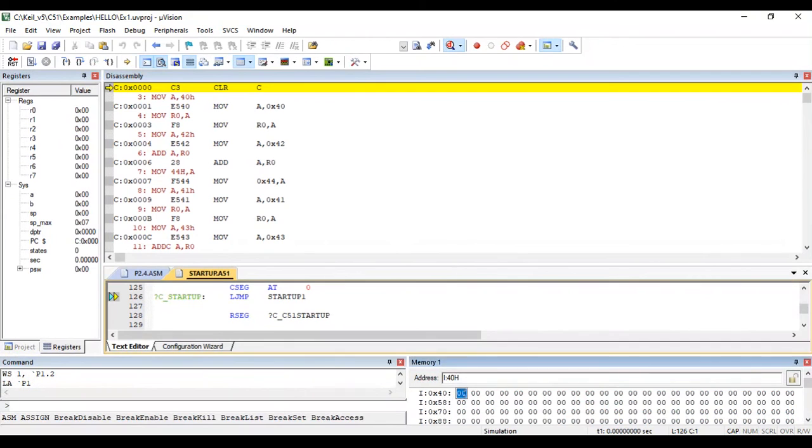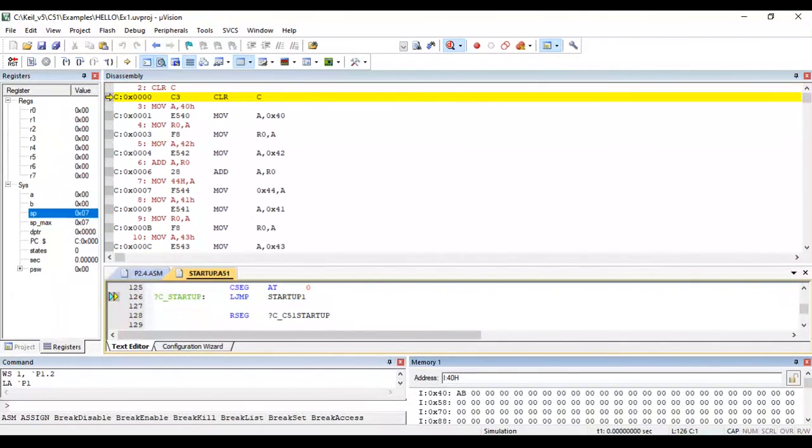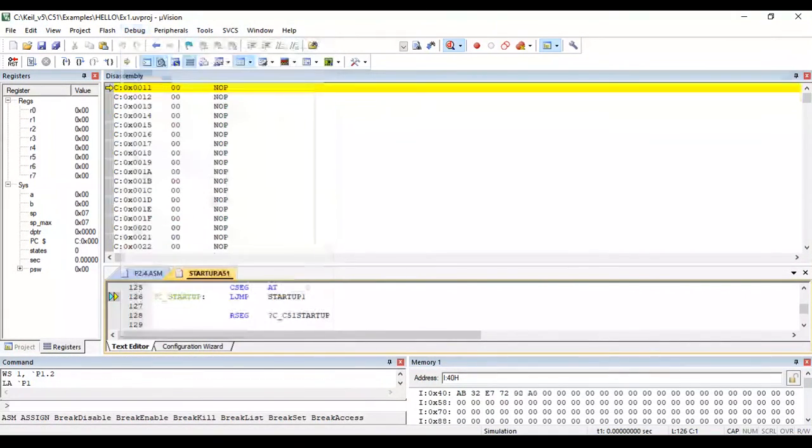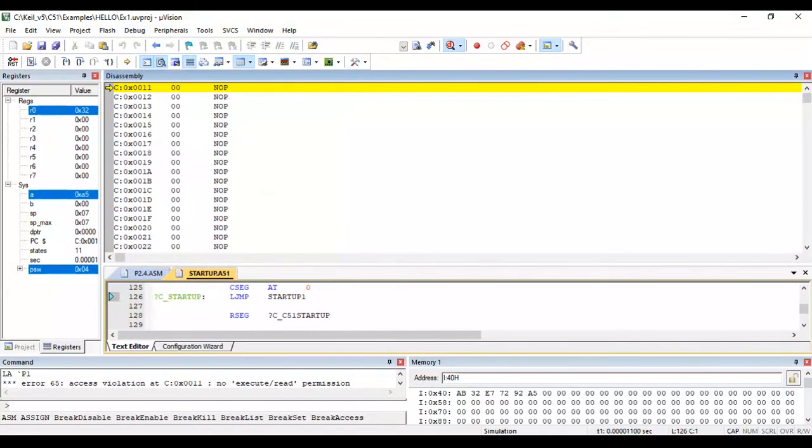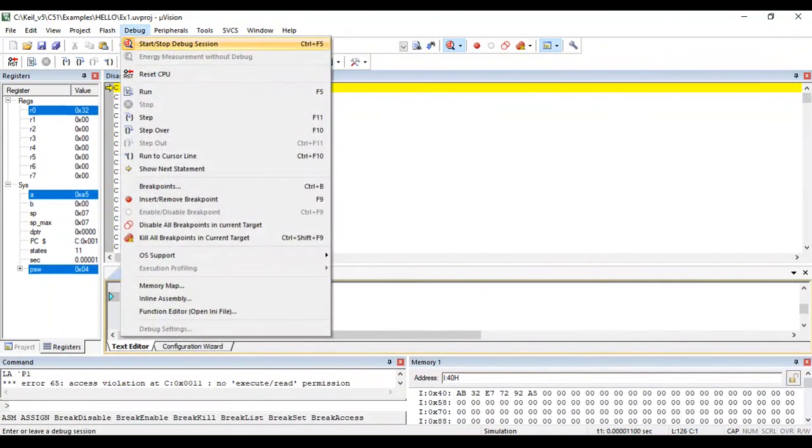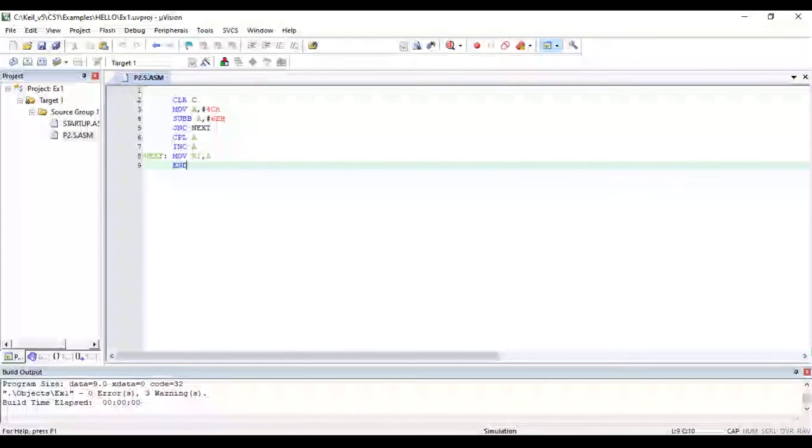So give the input and then go to debug, click on run. So we can see the result in 44 and 45H location. And then go to debug, stop the debug session.